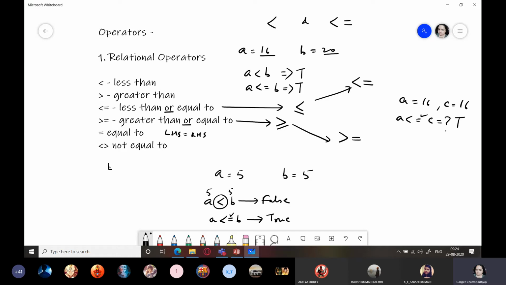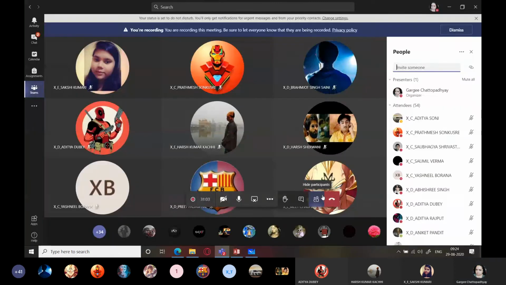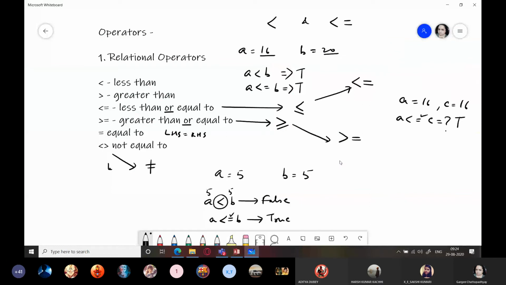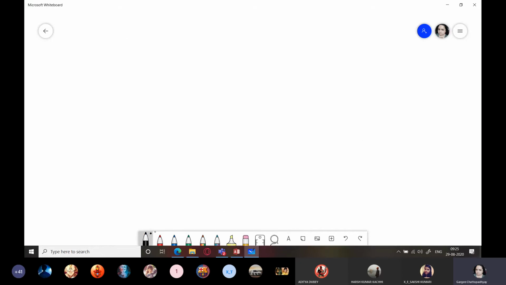And not equal to is for which sign? This not equal to which you have used in mathematics. Fine. So we are going to use these relational operators. Now, apart from these relational operators, you also have some logical operators.